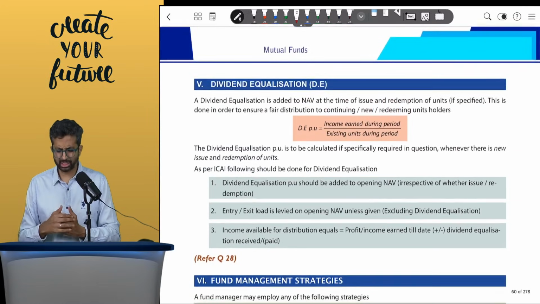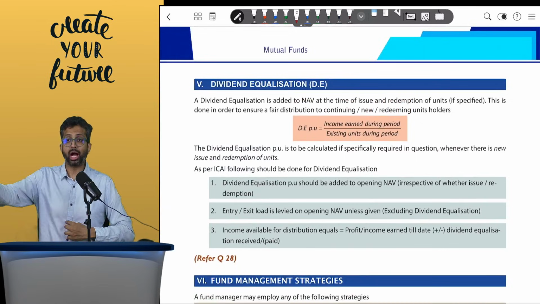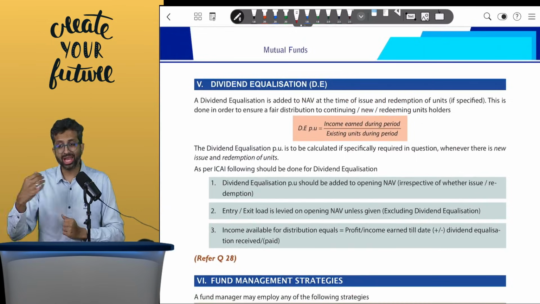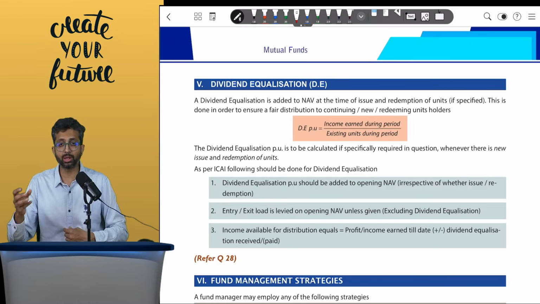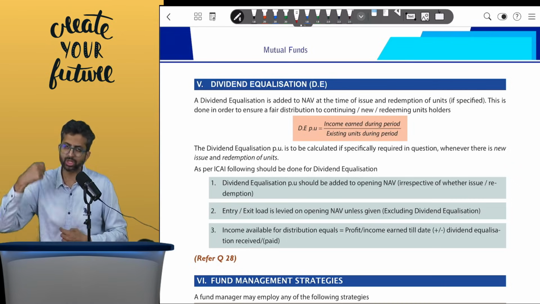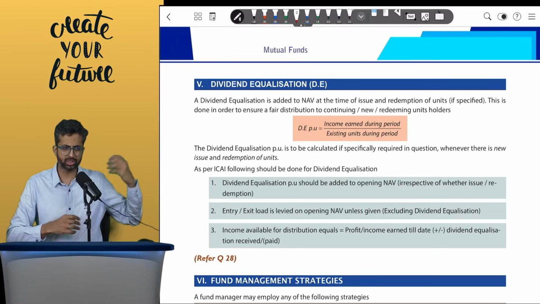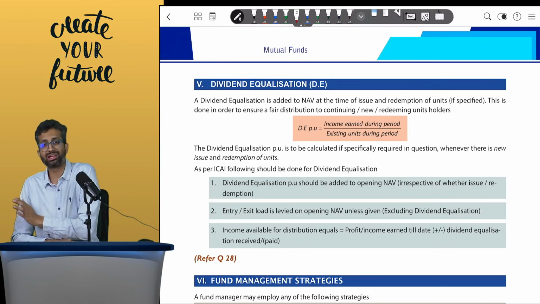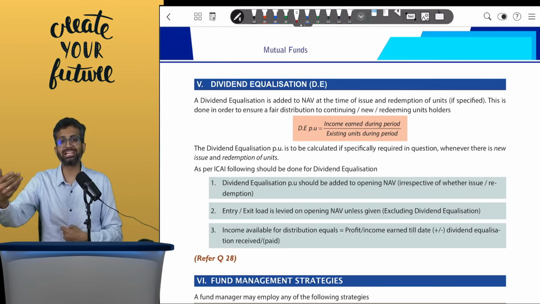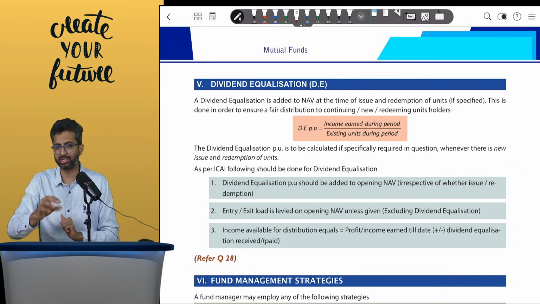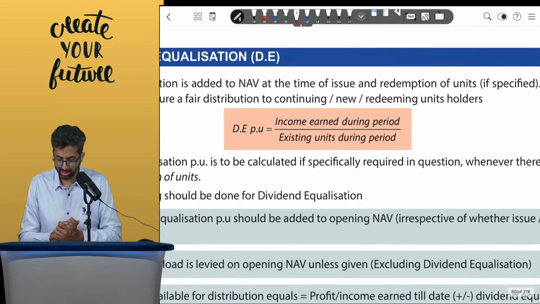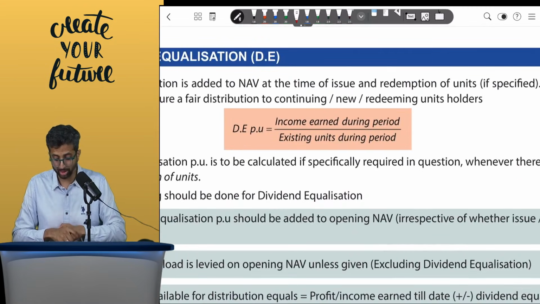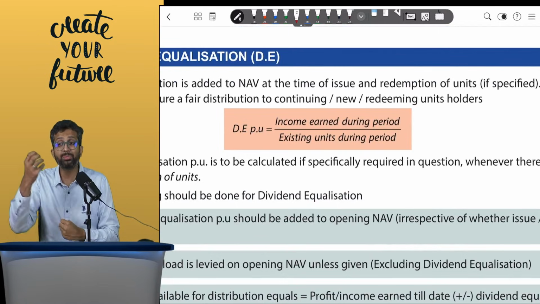Okay, there's a dividend equalization type of questions that can come over here. In dividend equalization, every new investor that comes in will have to, along with the NAV, bring in a share for the total income divided by the number of existing units, where they will have to equalize what the existing units have earned, and people who are going out or redeeming will get a share of the profits earned till that date divided by the existing units who actually earned those profits. So the dividend equalization is equal to the income earned during the period upon the existing units during the period, and this will be charged